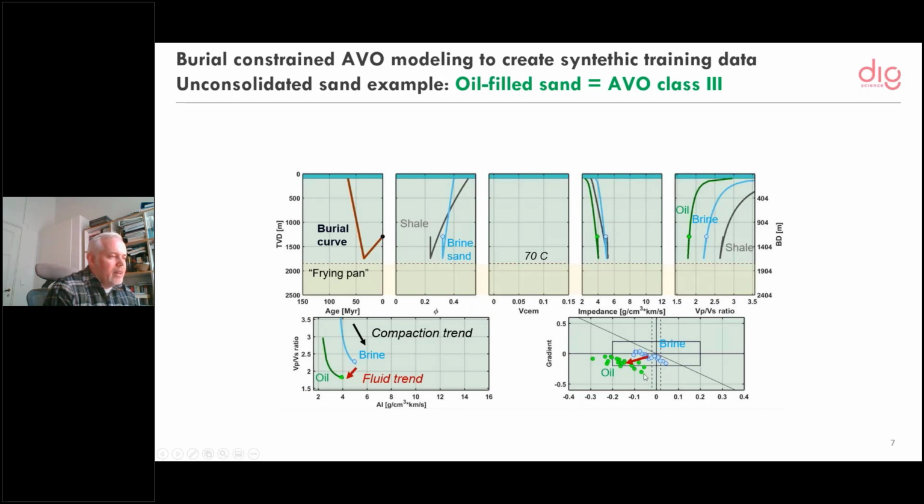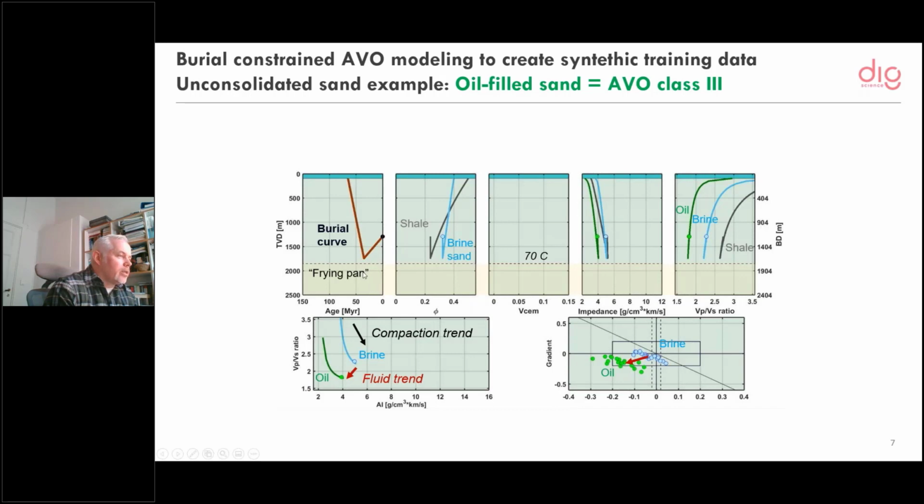So what have I done there? Well, actually the endpoint, which is the present-day location, is the expected brine and oil property of your elastic properties here in the lower left. But I can do some Monte Carlo simulation of the input parameters and study the uncertainties associated with those parameters and how they propagate into the distribution in the AVO domain. What we see here is that even adding some uncertainties or variability in the input parameters, there's a good separation between the brine class and the AVO class, going from a class 2p to a class 3 for the oil sand, even though you have put in some variability.